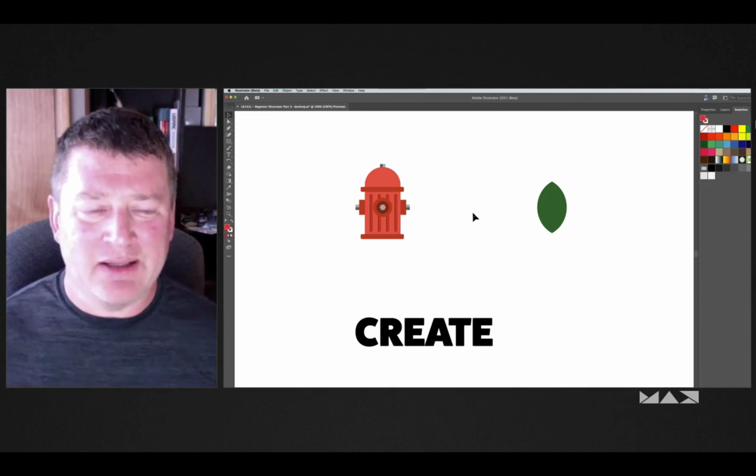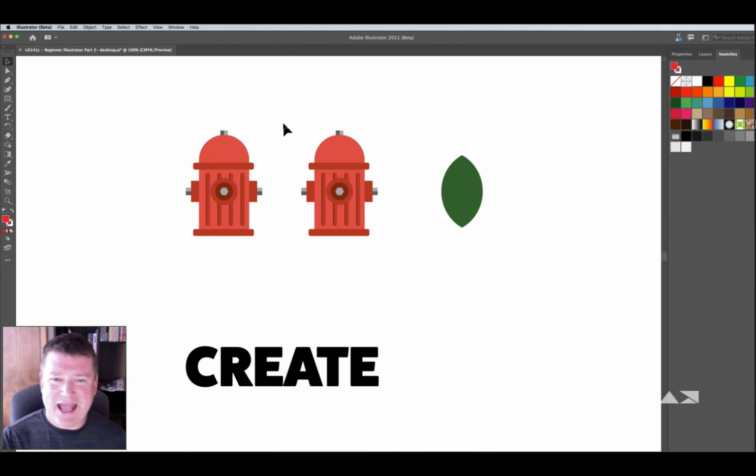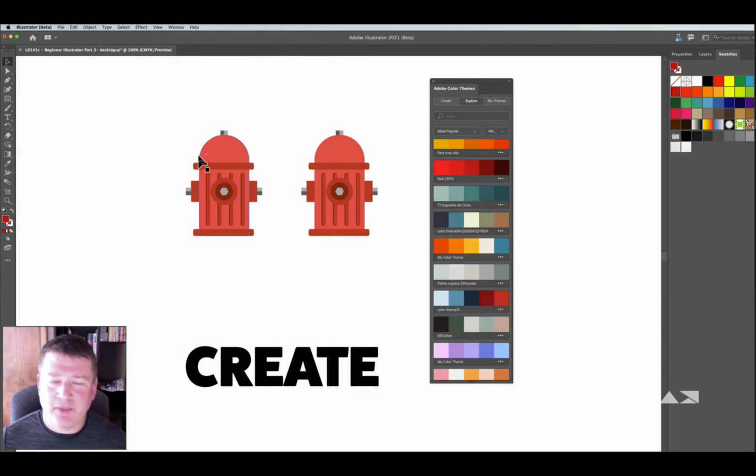So I'm going to select my fire hydrant and I'm going to duplicate it using my Option or Alt, click and drag, so I can keep my original and I can edit this particular version. Now, instead of going into my swatch panel and selecting each portion here and selecting a different color, what I want to do is call up my Adobe Color Themes panel. So I'm going to go under Window, and I'm going to go under Color Themes,